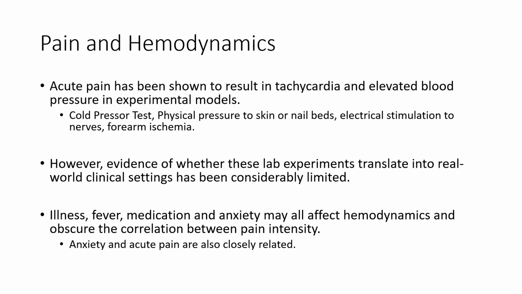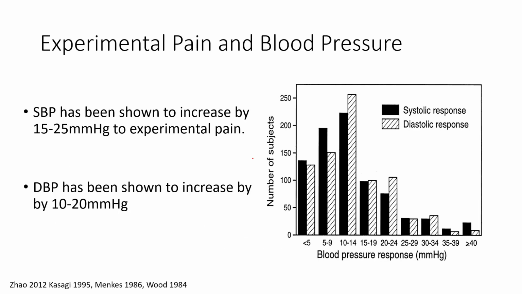So, just here's some examples of what we're talking about. Like we do see, in these experimental studies, systolic blood pressure does increase with experimental pain, right? So this cold pressor test. Again, we're submerging people's hands, right, in an ice bucket. Like that's gonna cause an autonomic response, right? That's gonna happen. And then we see the same things with diastolic blood pressure. But even within that, like the majority of patients in this study by Zhao,